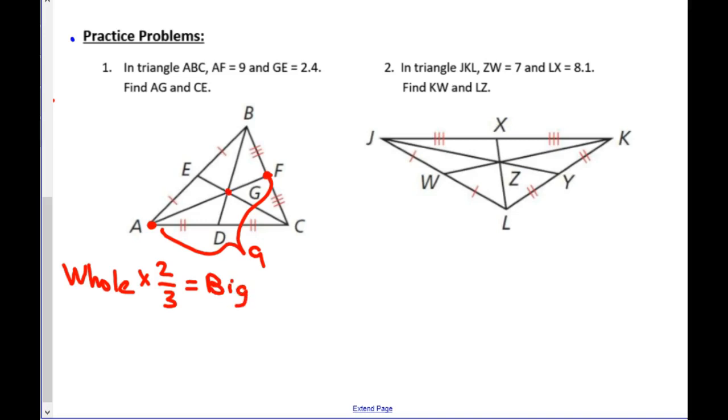is A to G. Okay, so again, I want you to know why I'm saying these words. AG is big, GF is small, AF is all the way. That's the whole thing. So check it out. The whole thing we just said is 9. So 9 times 2/3 is